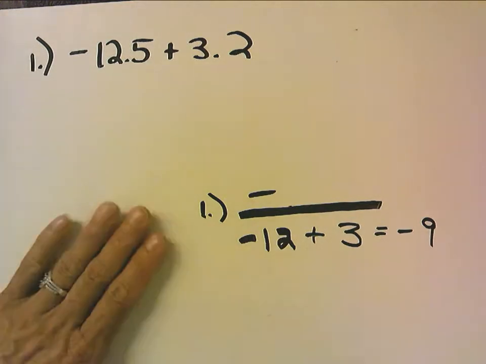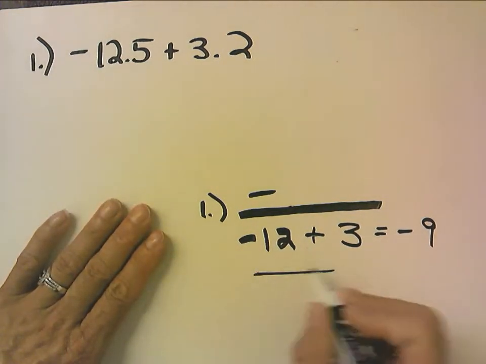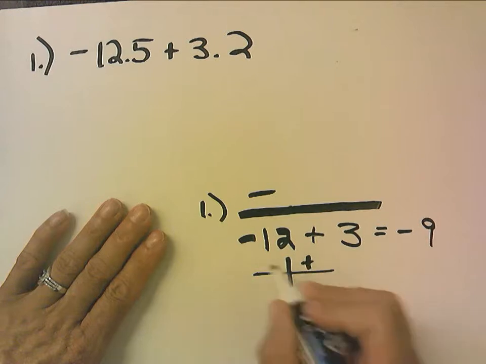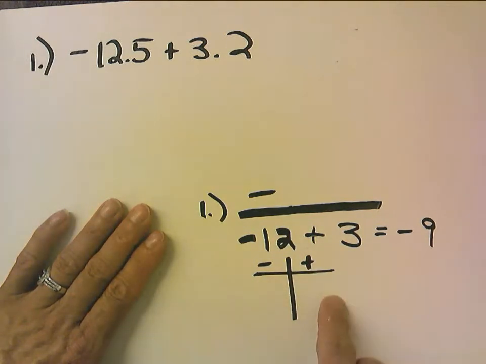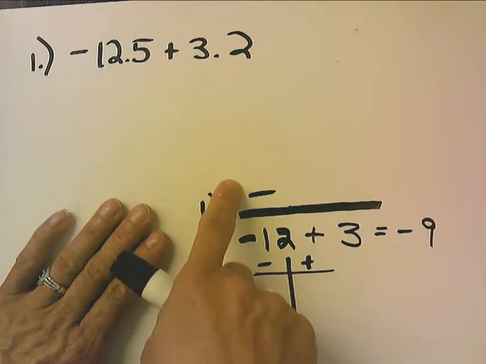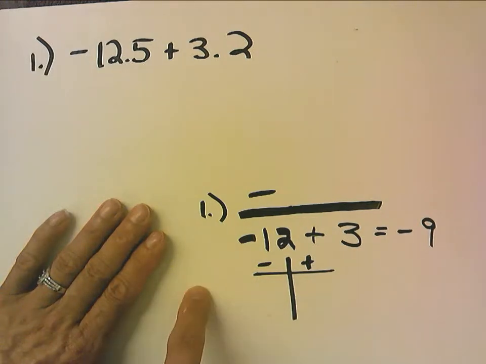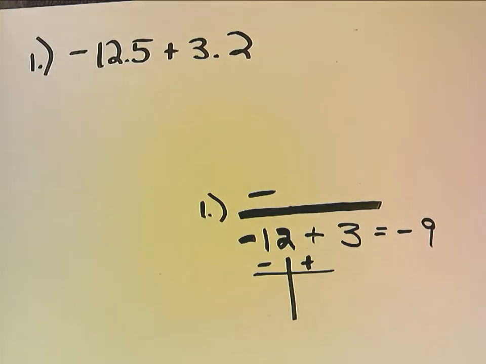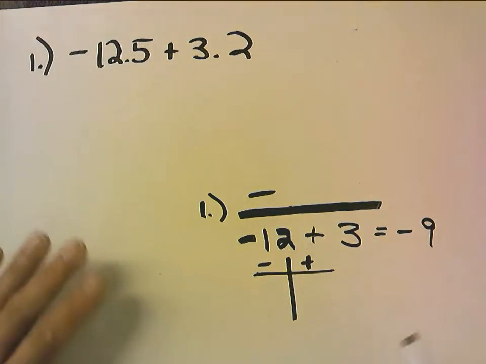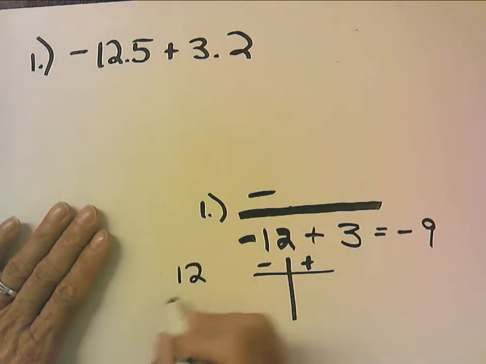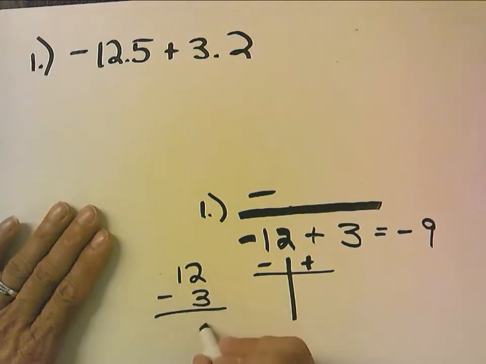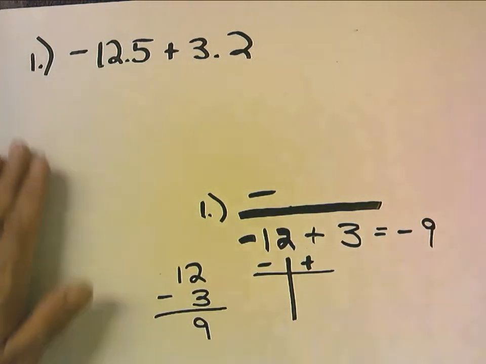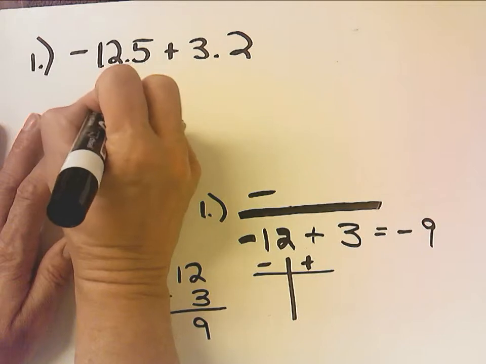So my answer has to be negative. Now, how did I get negative 9? Well, I knew that there were more negatives than positives. That's why my answer was negative. And when you have a negative and a positive, you have to find the difference between the two. It's a tug of war. So difference means subtract. So I took 12, I subtracted 3, and got 9,